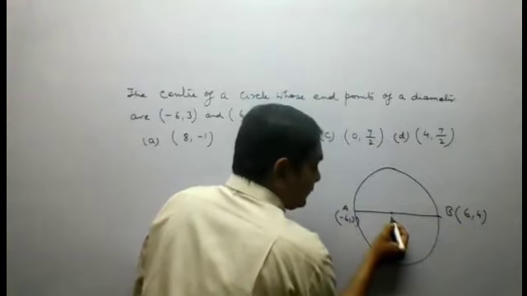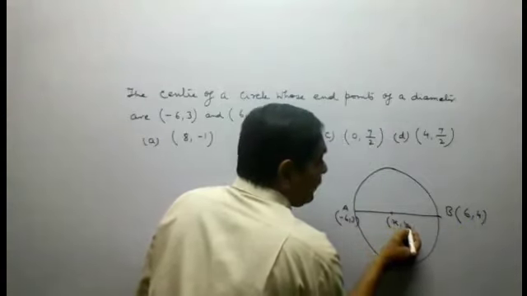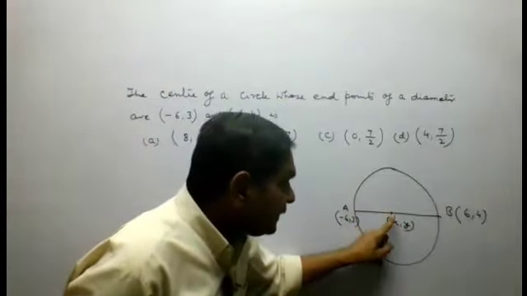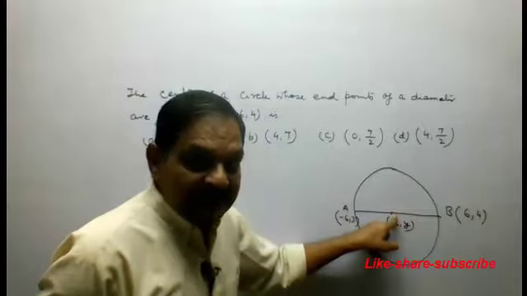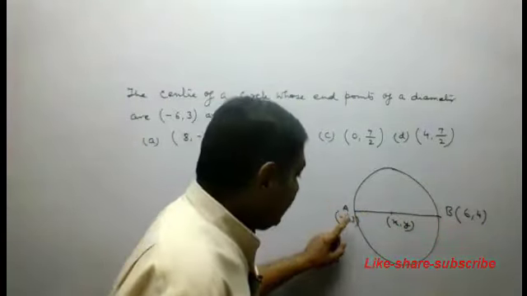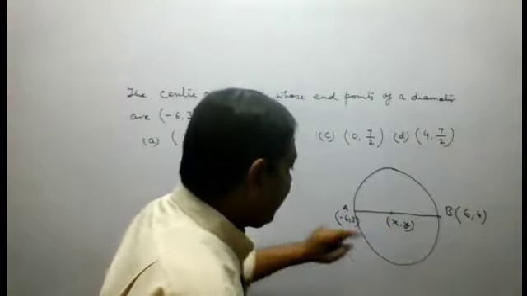Here is the circle center. Let us say its coordinates are x, y. We know that center is the midpoint. So we can apply the midpoint theorem here, and midpoint theorem says that x will be